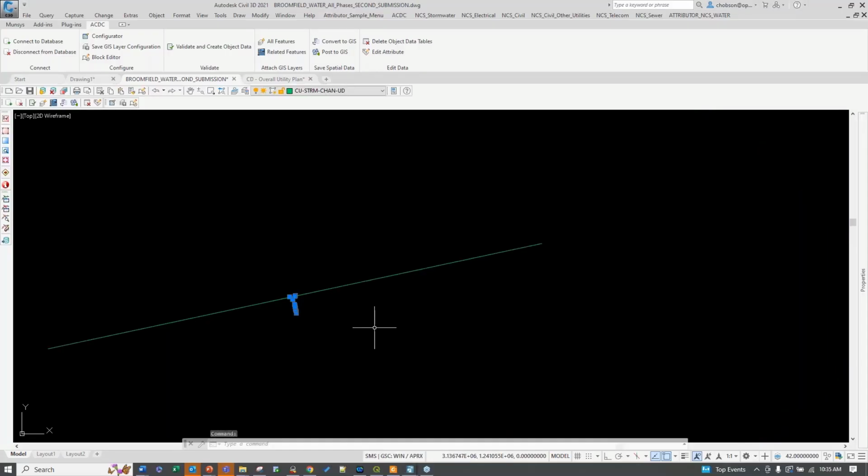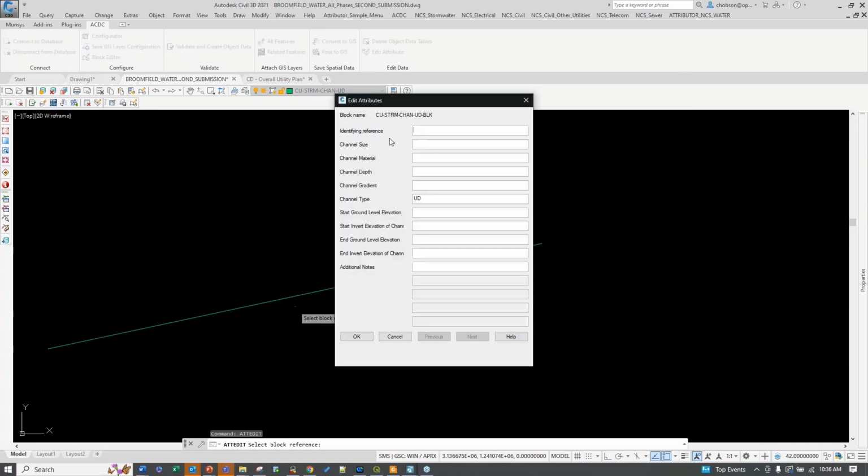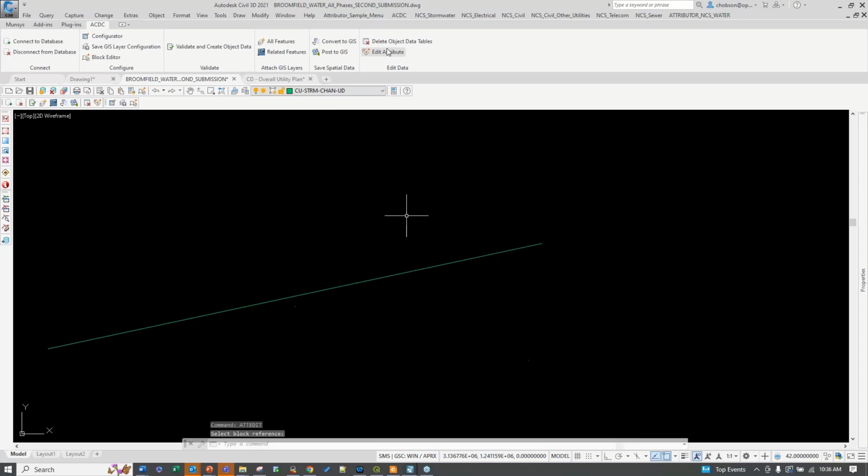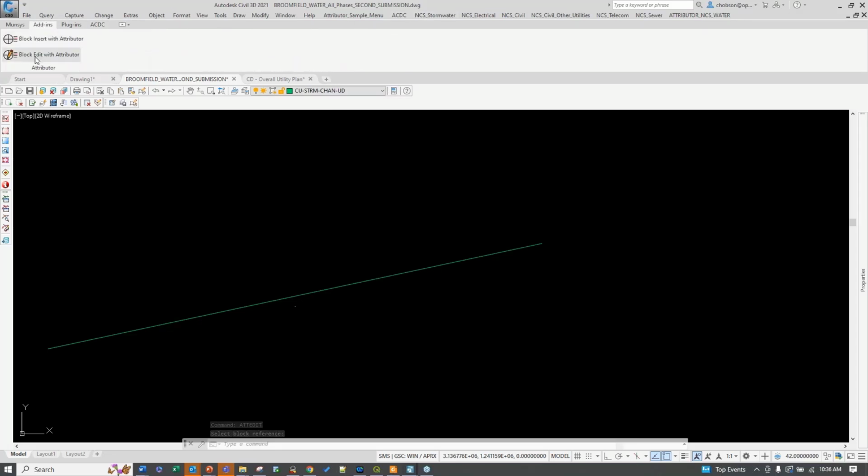If I just do a simple CAD thing, if I do an add edit, this is CAD editing of a block. It says give me the block reference, and I go and click on that guy on a good day. And here's this non-useful dialogue where it doesn't show you that much. And so with Attributor, and Attributor is just an add-in, it gives two things. You can edit a block or you can insert a block. And if you have a config for that, now when I go to the block, if I select it, on a good day,